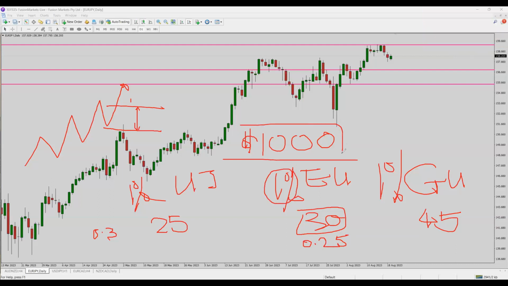Based on the $1,000, right? Which is about $25, something like that. Then for GU, you say, okay, my stop loss is 45. Then it does the same thing. The calculator might show you, okay, with this one you can only trade 0.18, for example. So you don't have to say, okay, I want to put in $300 out of my $1,000 to trade all this. Because for UJ, just now we calculated, your maximum loss, for example, is $3. This one is $2. This one is maybe $2.